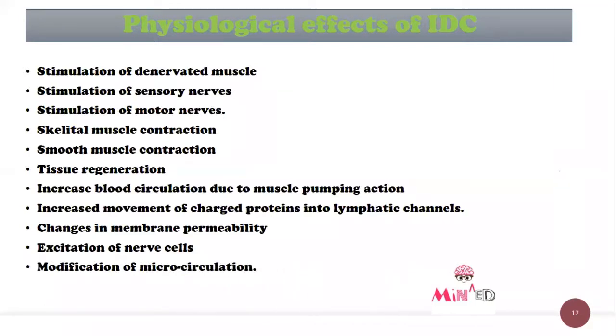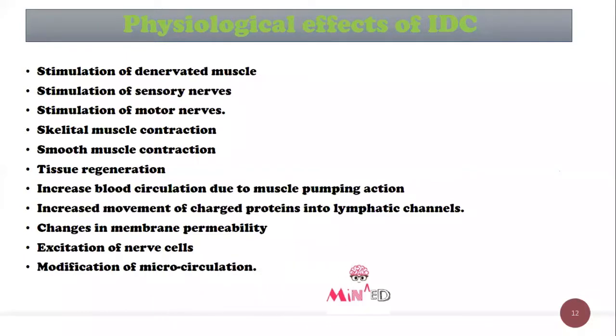Now I am discussing in brief. What is the denervated muscle stimulation? If there is a denervated muscle and there is no nerve supply to the affected muscle, the muscle cannot get the short duration type of stimulation. So we have to use a long duration type of stimulation, that is IDC, long duration interrupted direct current. The duration is from 300 ms to 10 ms or 1 ms.